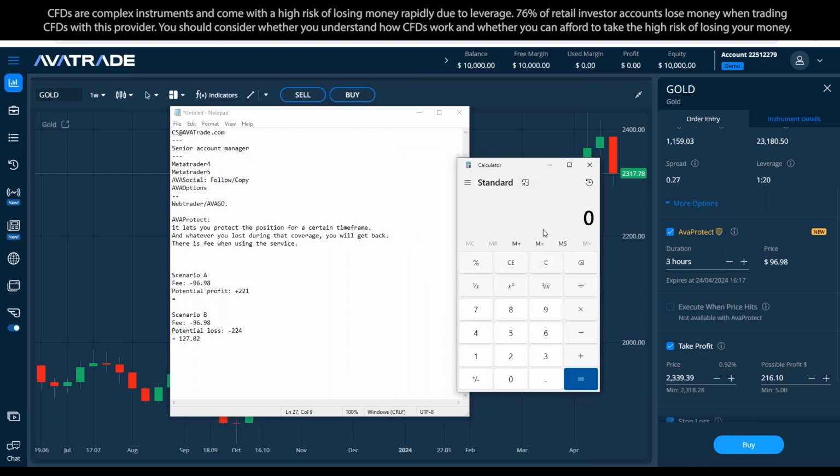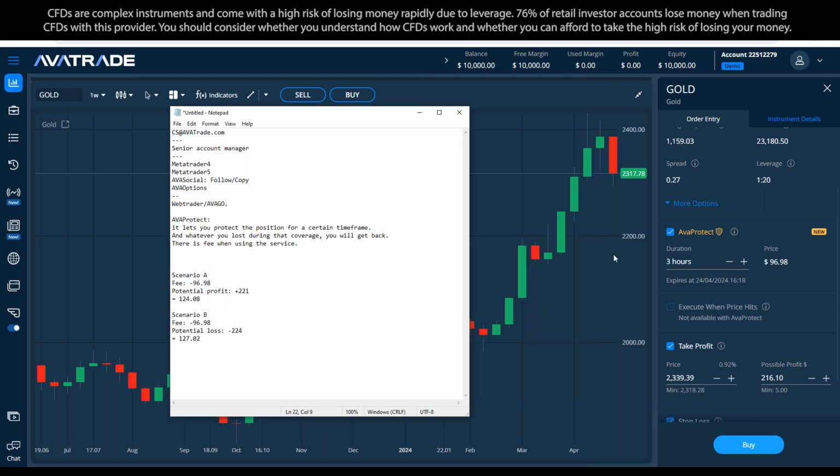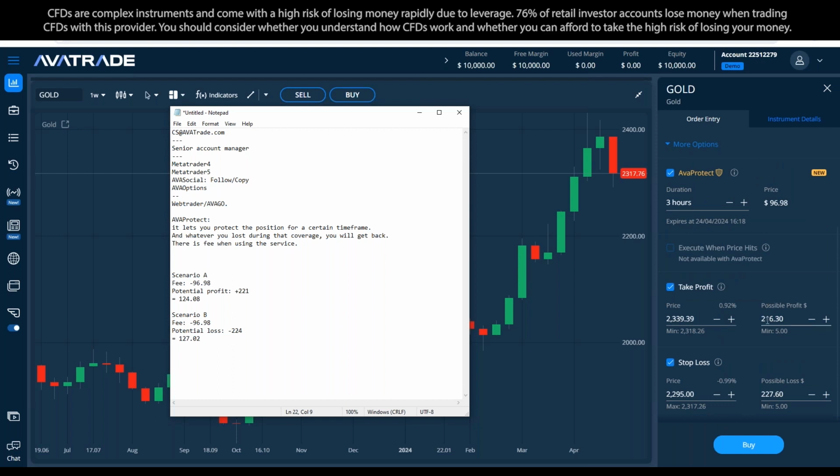Because, right, so as I wrote here, when I'm paying that fee, I'm also expecting to make a certain profit and a certain loss. So if my loss is bigger than the fee, that means that I'm using